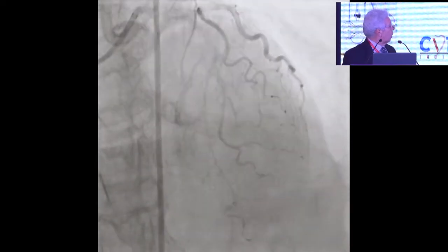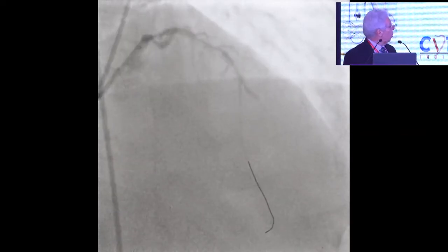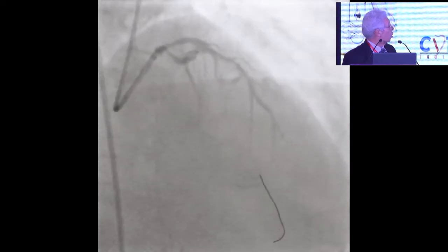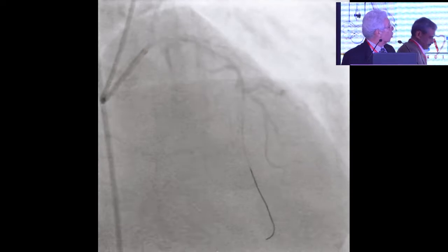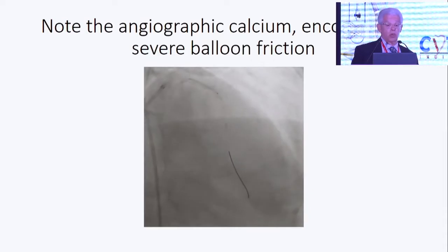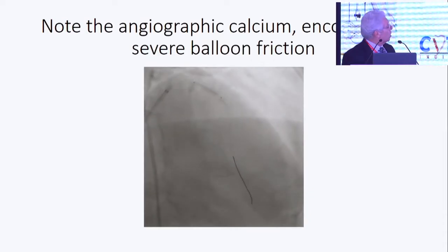And as with all angioplasty, the best thing is to prepare. So we wired the LAD with a lot of friction on a standard wire. This is a run through, and it went in with a lot of friction. I could feel the friction, but there was no problem. And I had a visual impression that the flow was even worse. We encountered severe